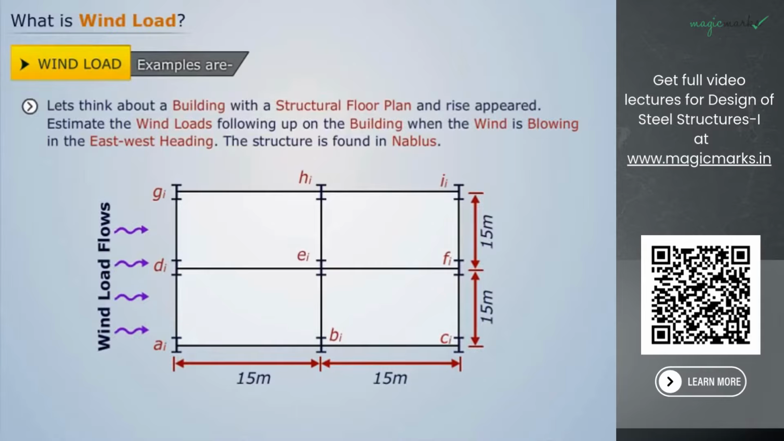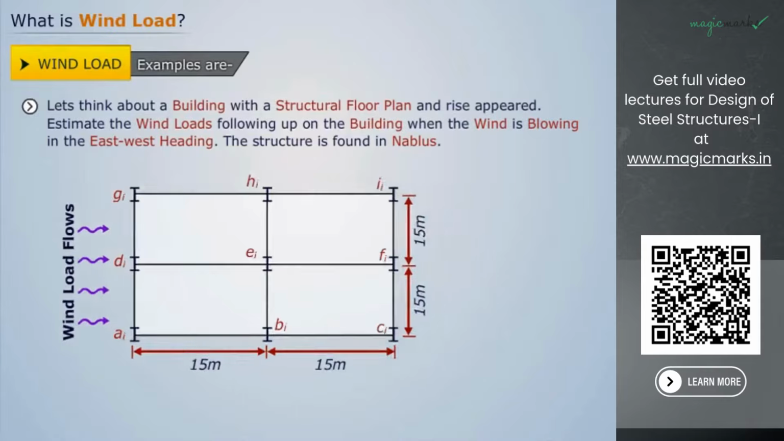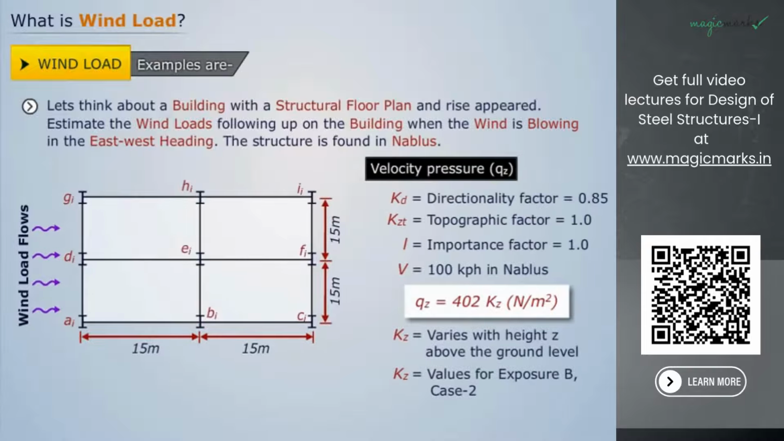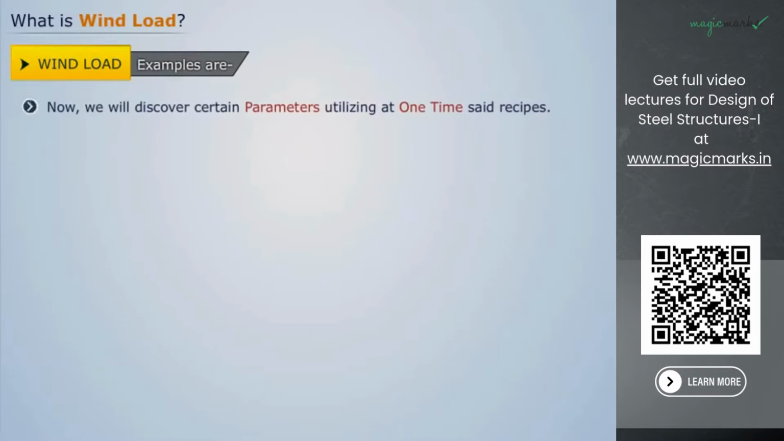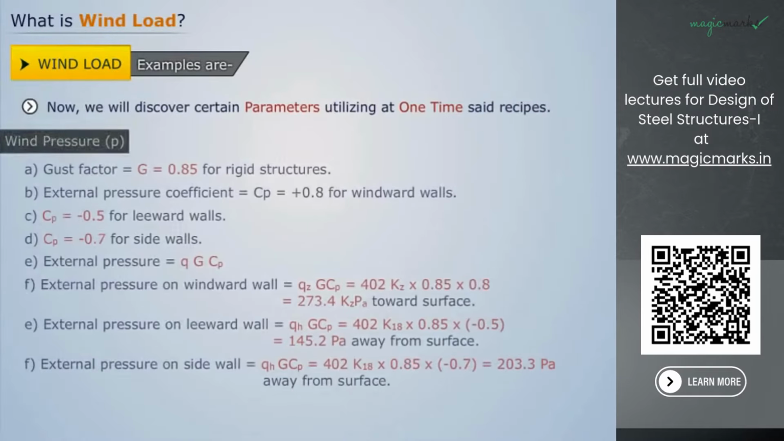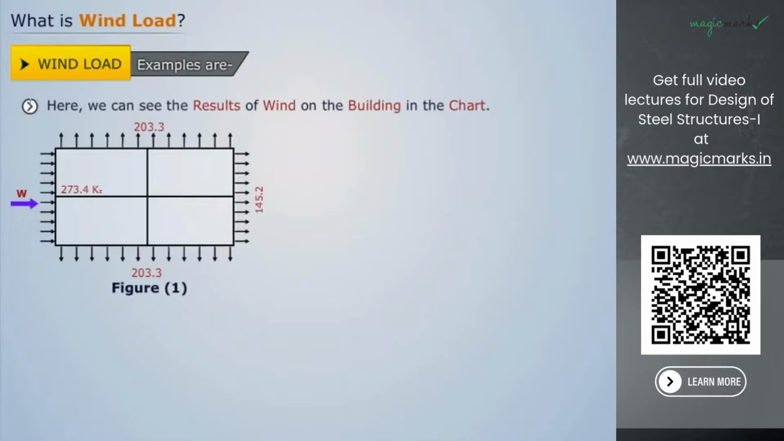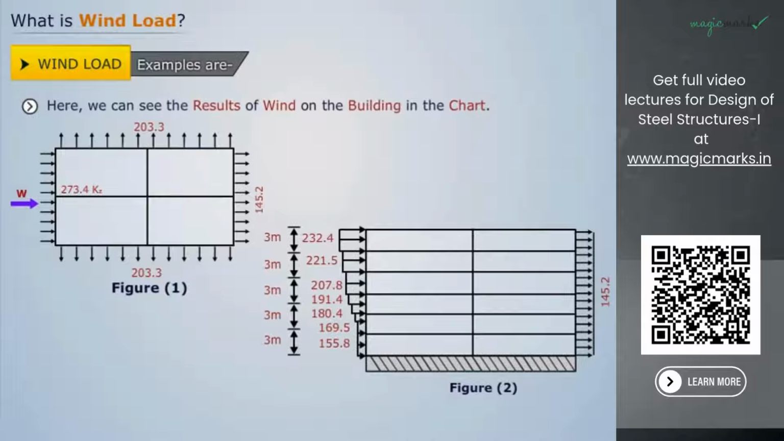Now, in order to find the wind pressure, we have to apply the following values in the formula as discussed earlier. Now we'll find certain parameters using the formulas mentioned one at a time. Here we can see the results of wind on the building in the chart. Related terms are